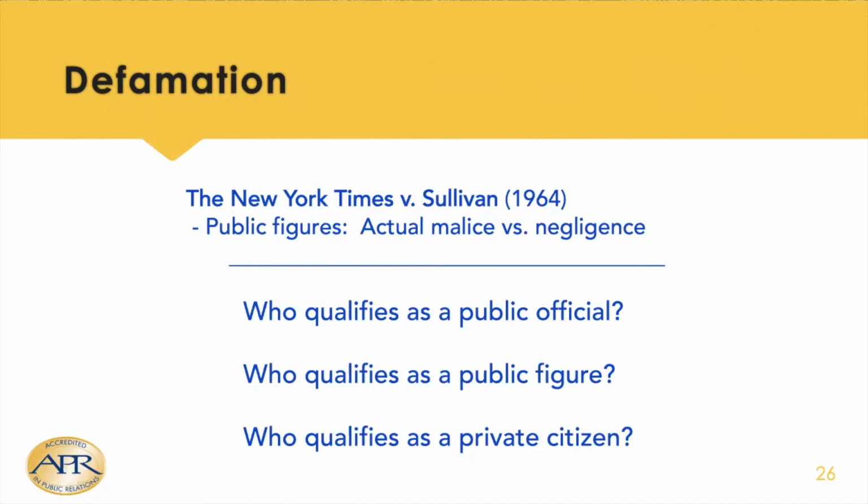When we talk about defamation, the first thing we need to think about is who's a public official, who's a public figure, and who's a private citizen. Public officials are usually serving in some sort of government or quasi-government organization. Public figures are your celebrities, actors, singers, people who choose to operate in the public sphere. Much of their reputation is a result of their actions in operating in the public sphere. And then there's the private citizen. So we have these three different categories that we look at.